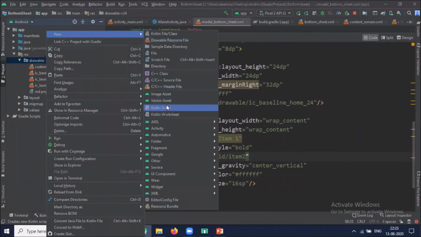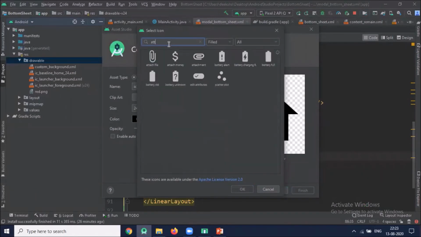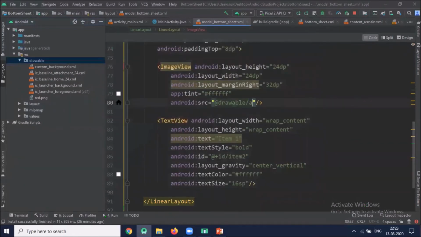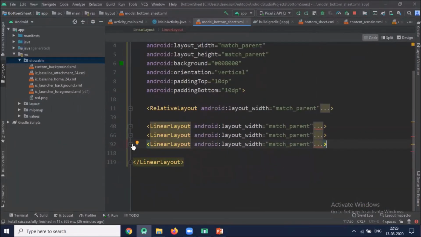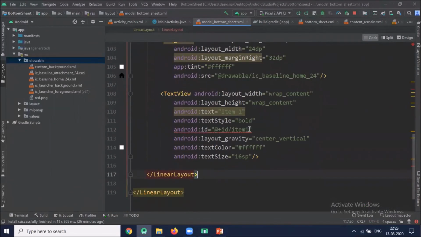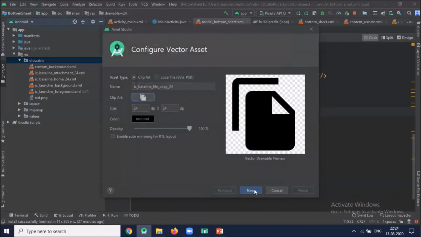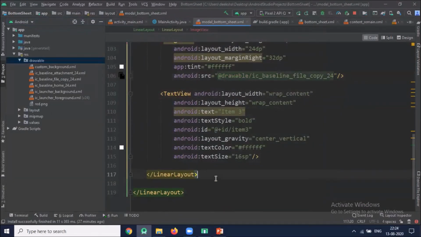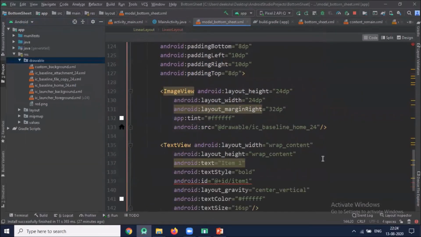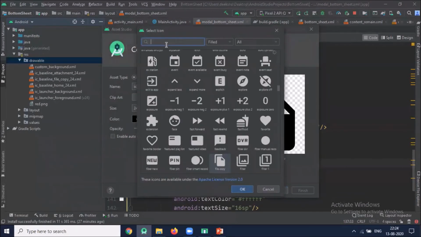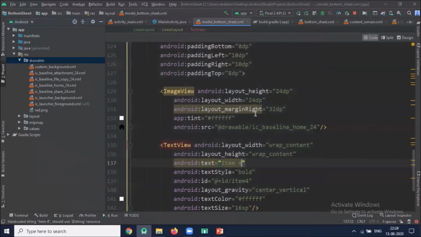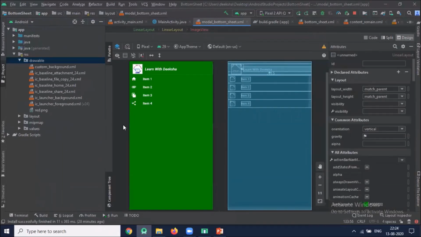Add vector for second item. Here you can see our modal bottom sheet design.